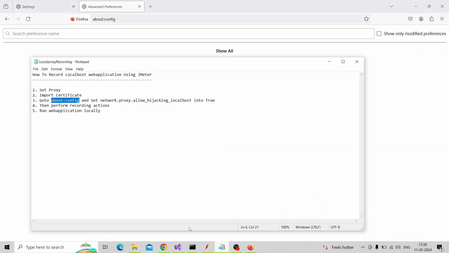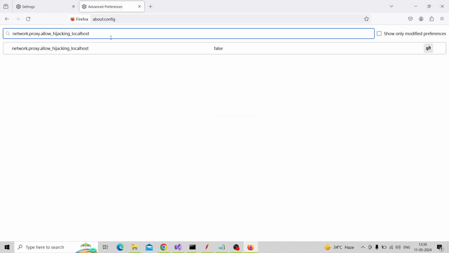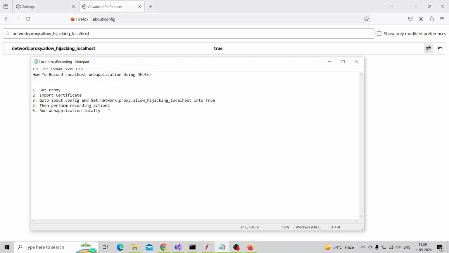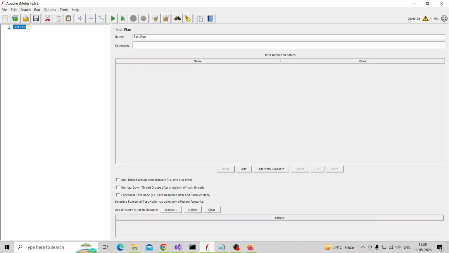Then we need to search for network.proxy.allow_hijacking_localhost. Copy or just type as well. So we can see it's by default false, turning it to true by clicking on the toggle. So it's turned to true. So the 3 steps are completed, and for the 4th step we need to go to the JMeter